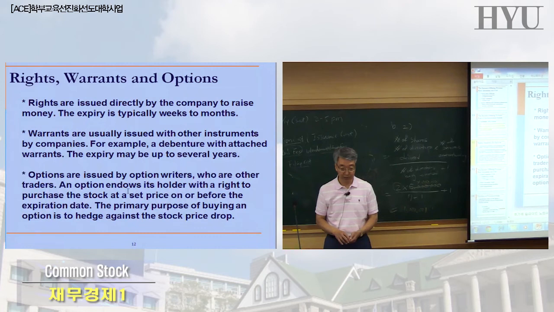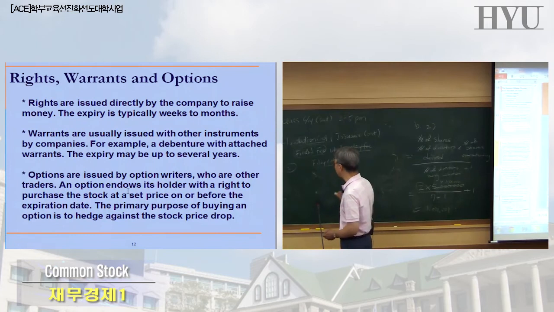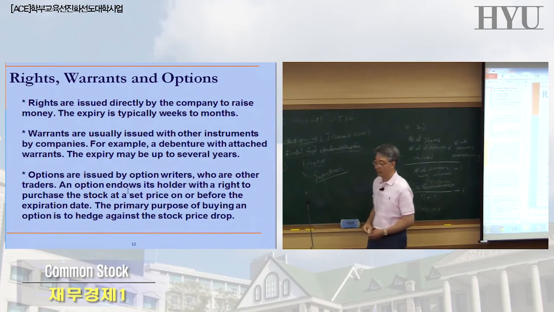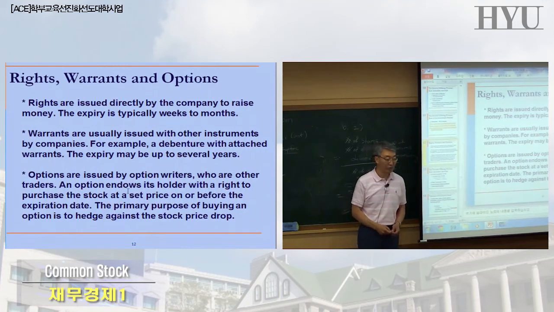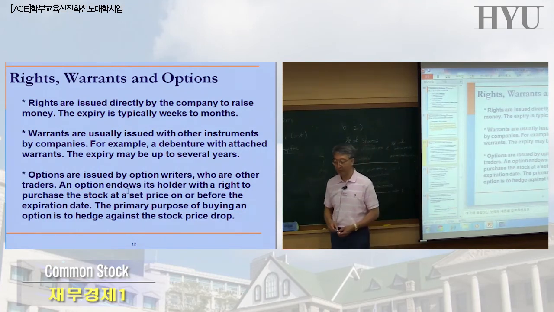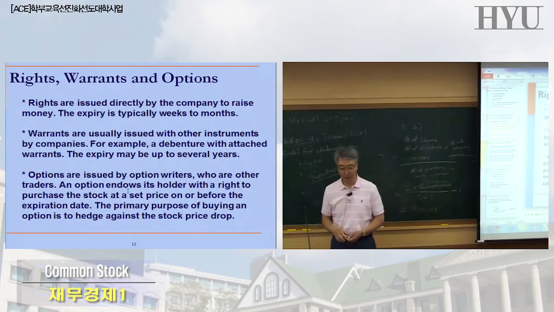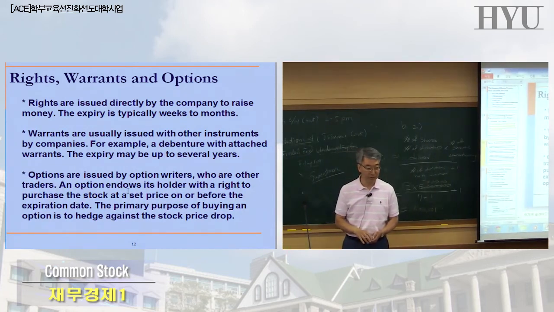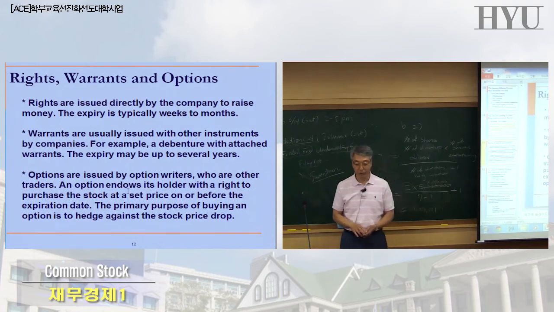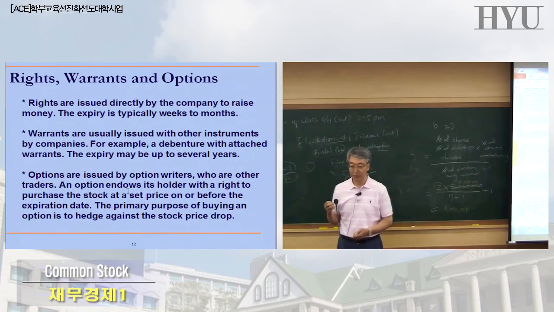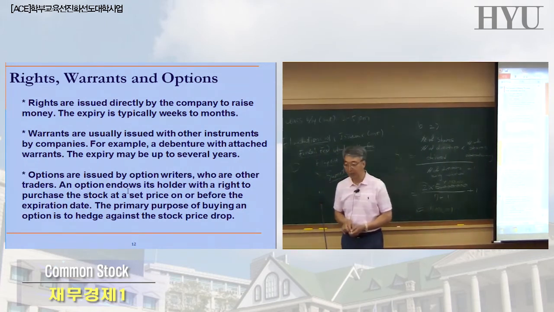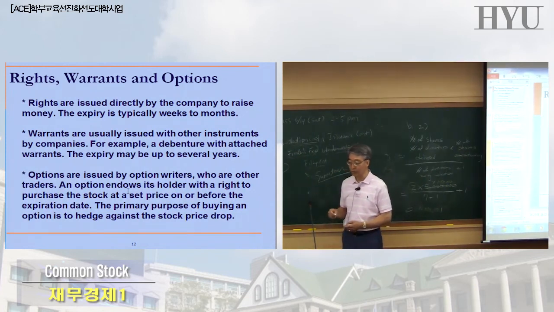As, what's the term? In order to sweeten, as a sweetener. Sweetener. That's the term that they use in finance. Sweetener, like sugar or sugary subject. Okay. Artificial sweetener. Okay. So when a company issues a bond, let's say, okay, in order to make it more attractive to the investors, they may attach some warrants to the bond.